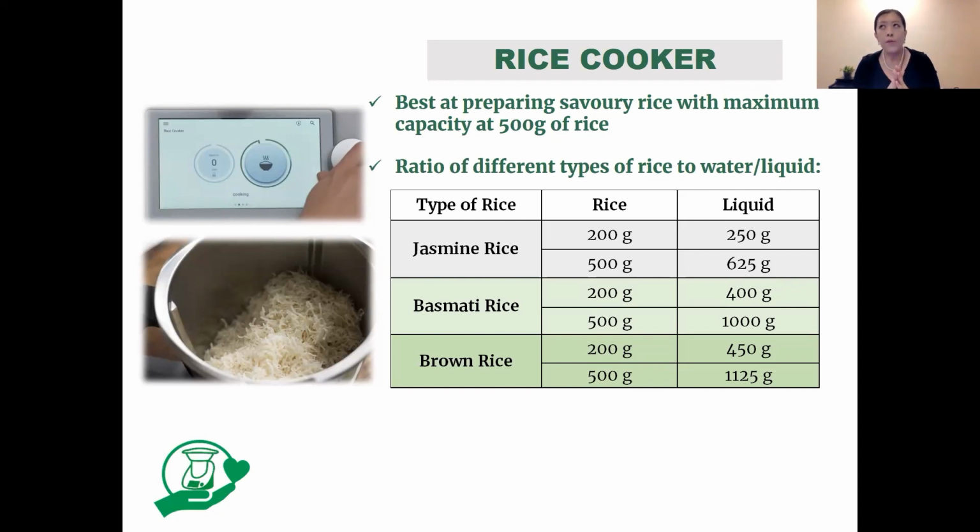Why I wrote liquid instead of water is because for some recipes you may already add some soy sauce, dark soy sauce, maybe vinegar or whatever, or coconut milk. So the liquid is about 250 grams if you're using 200 grams of rice. If you're using basmati rice, you require